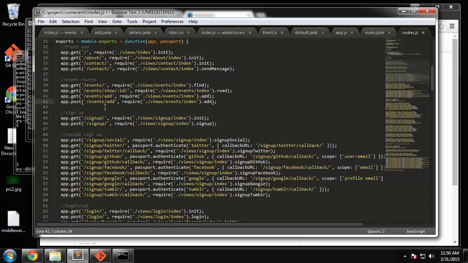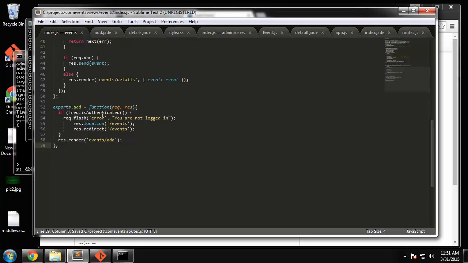And it's just going to be post events. And then we want to require views, events, index, dot create. Alright, and create is what's going to handle submitting the form to the database. Okay, so we'll save that and then go to our index.js,